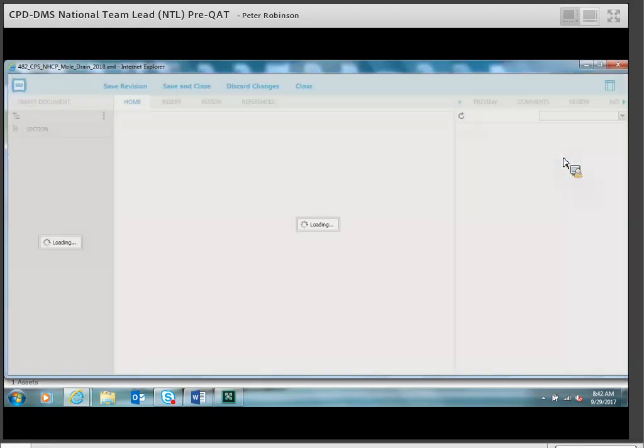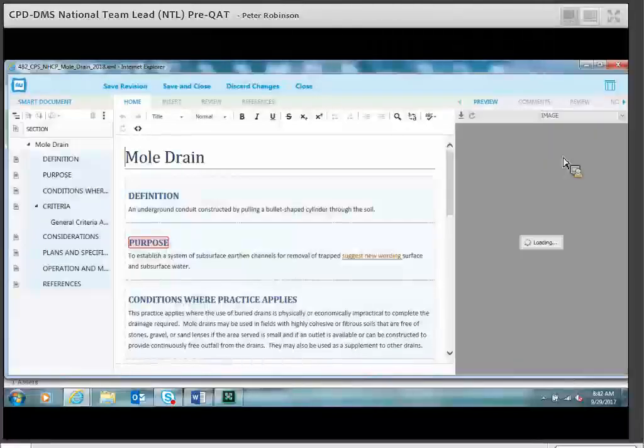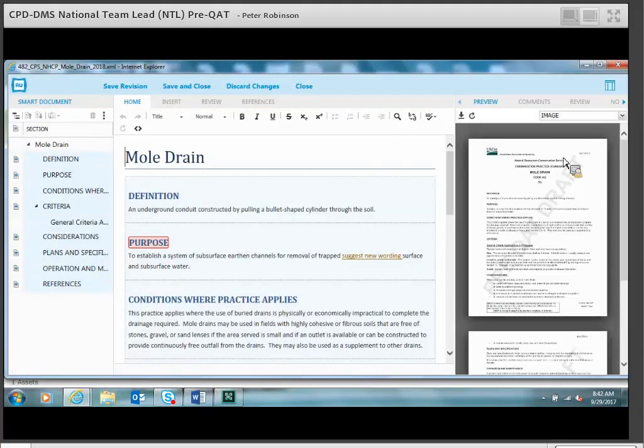And this will now open up this practice standard in what Quark is calling a Smart Documents tool. And this is where I can edit it. Once again, we have three panes. On the left-hand side, we see the setup, where these are different headings, and you can see the hierarchy of this particular file. It's not a Word file anymore, it's a Quark file,